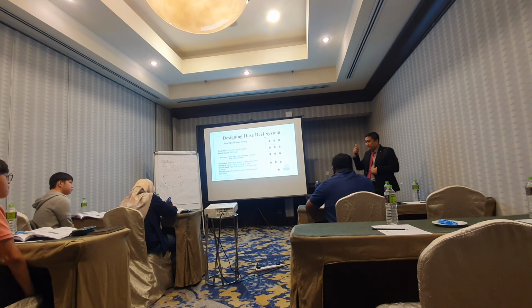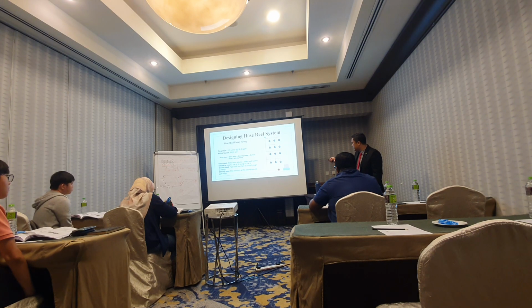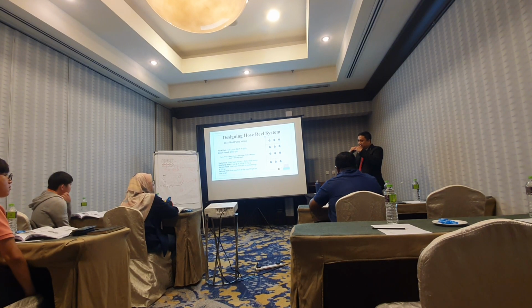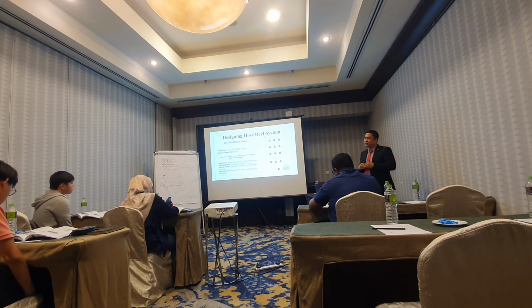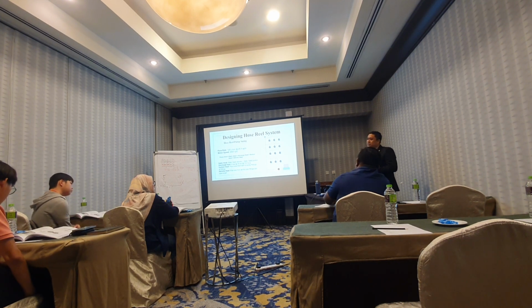Okay? The rule of thumb can be right, can be wrong, depending on the situation. So the best thing is to calculate accordingly. You calculate what size the pipe is. Then there are the pipe losses inside the pipe, you know right? When water flows through a pipe, there will be losses because of the friction in the pipe. You can calculate either using a table or using